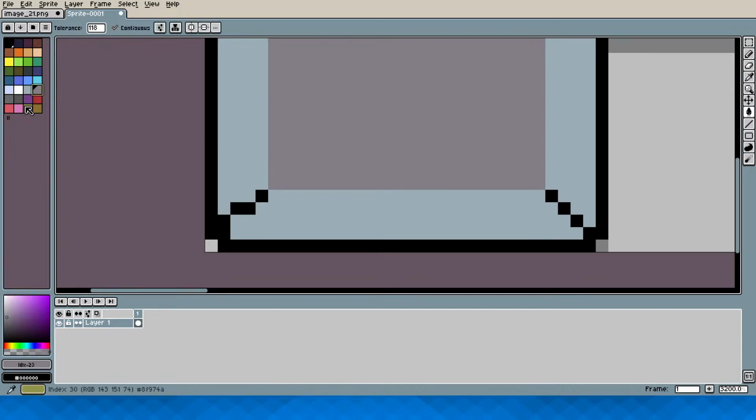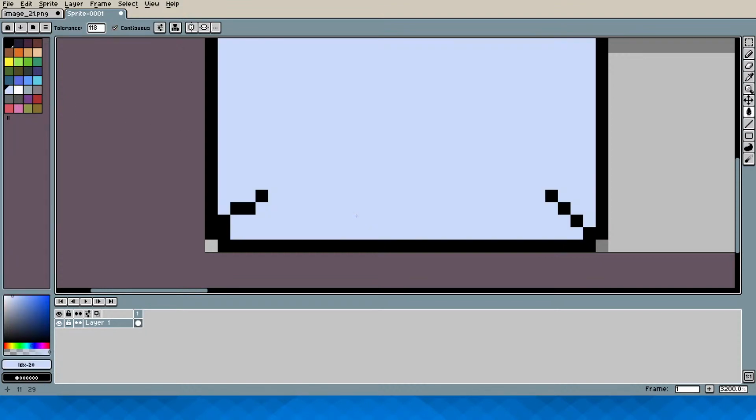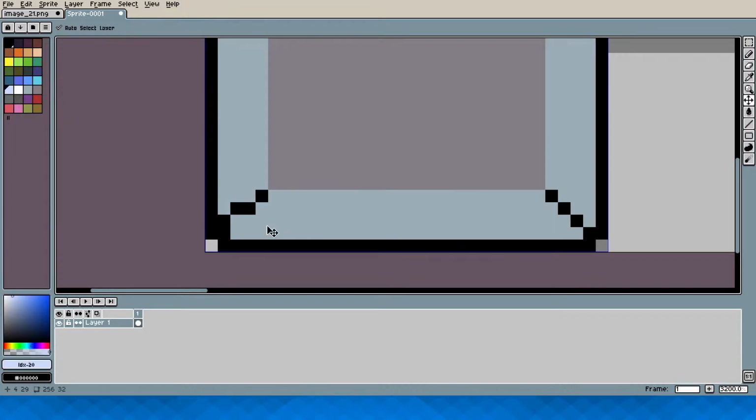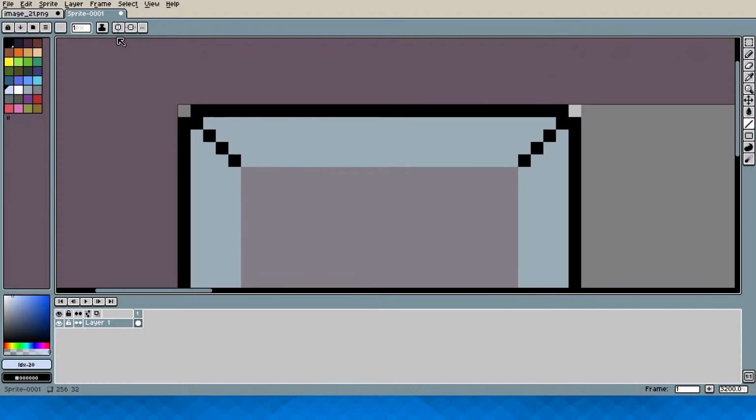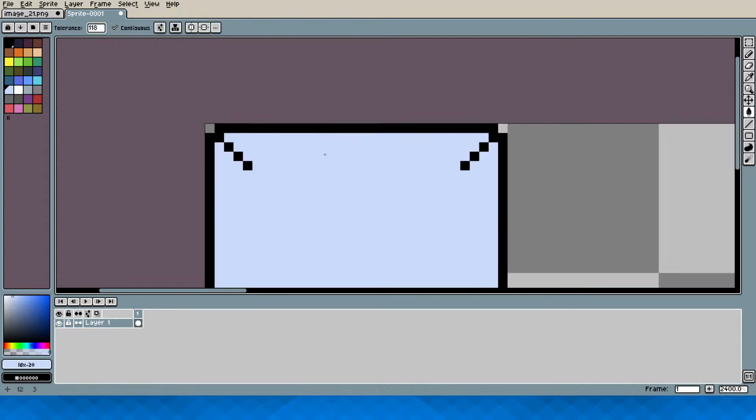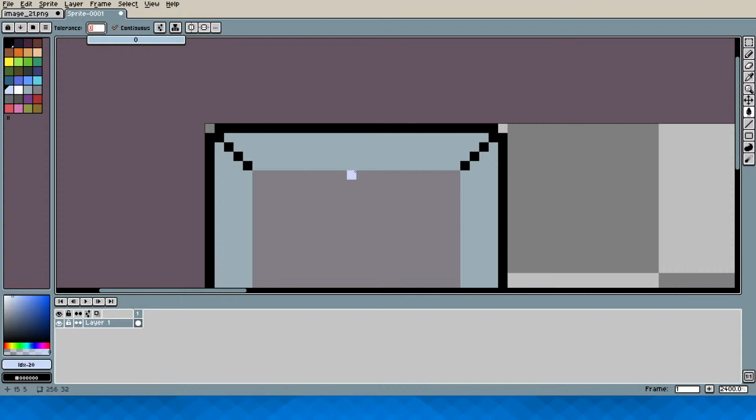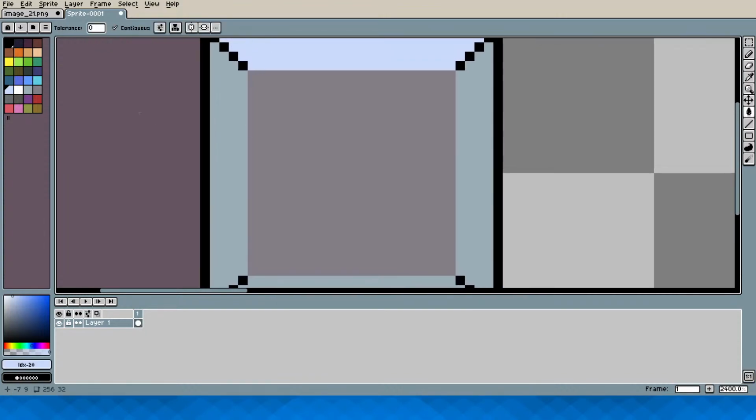That's the same color as the middle. I shouldn't be using that, probably. I should be correcting that line. And this should be set as contiguous. Huh? Wait, why is this still filling that? Oh, high tolerance. Alright, that's better.